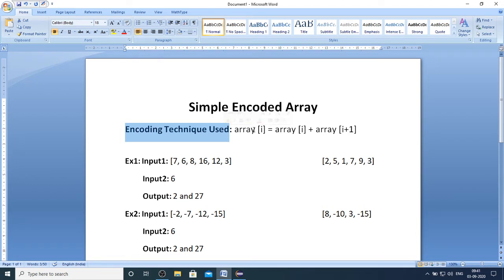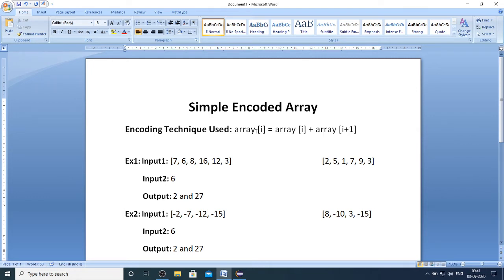Here I have provided you the formula for that. So array of I is equal to array of I plus array of I plus 1. That is, each and every element is the sum of its original value and the succeeding value.